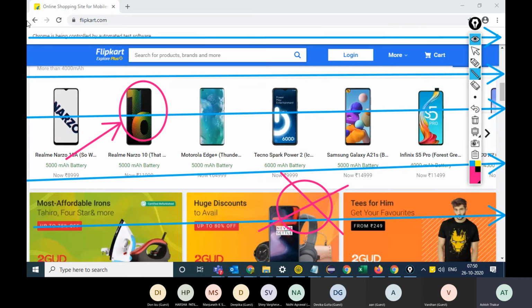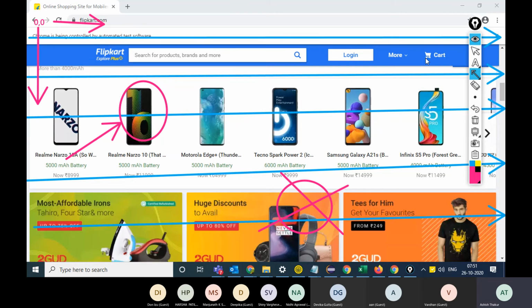Selenium scans the page from the top left corner, which is 0, 0. On a screen, the top left corner has coordinates 0, 0, and the coordinates increase towards the right and the bottom. The x-axis is towards the right side, and the y-axis is towards the bottom.